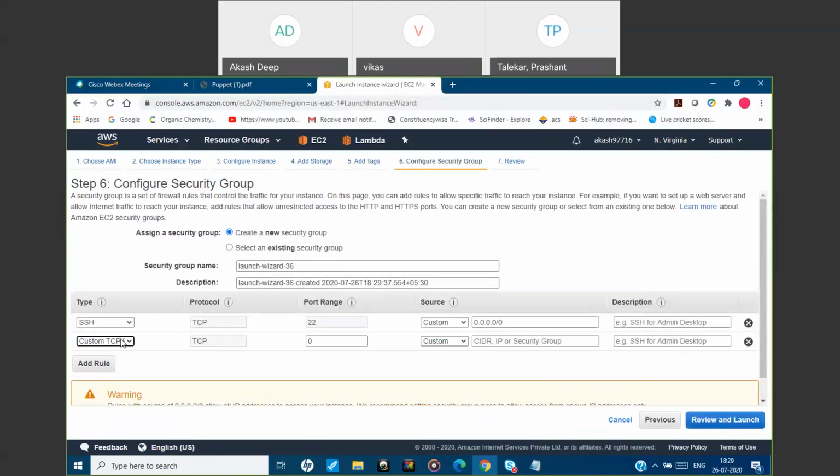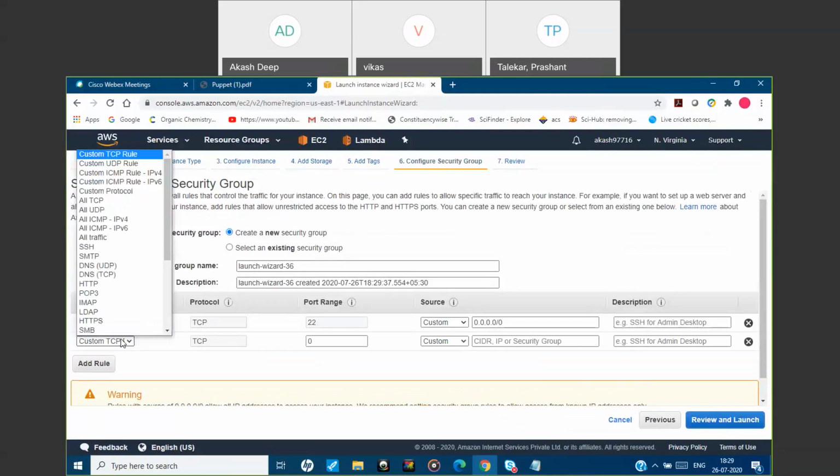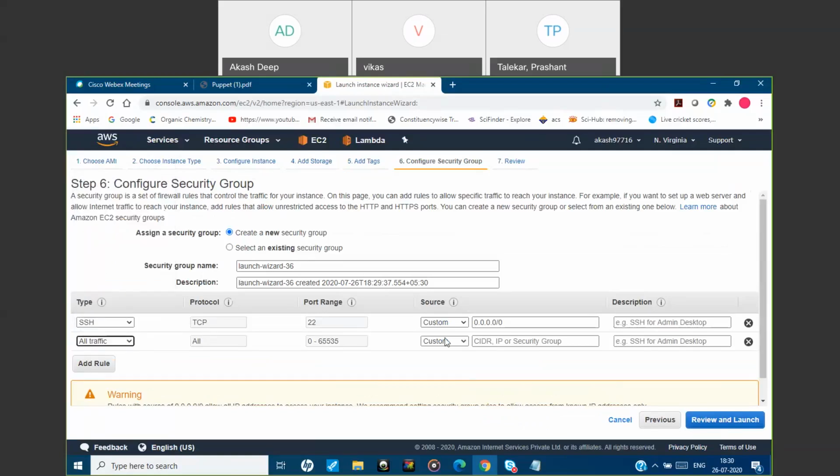Basically here, one thing you need to remember is that you need to configure the security groups also for communication, as you know, because two servers will only be communicating with each other when you have configured the correct inbound or outbound rules. But for demo purposes, I will be allowing all the traffic.